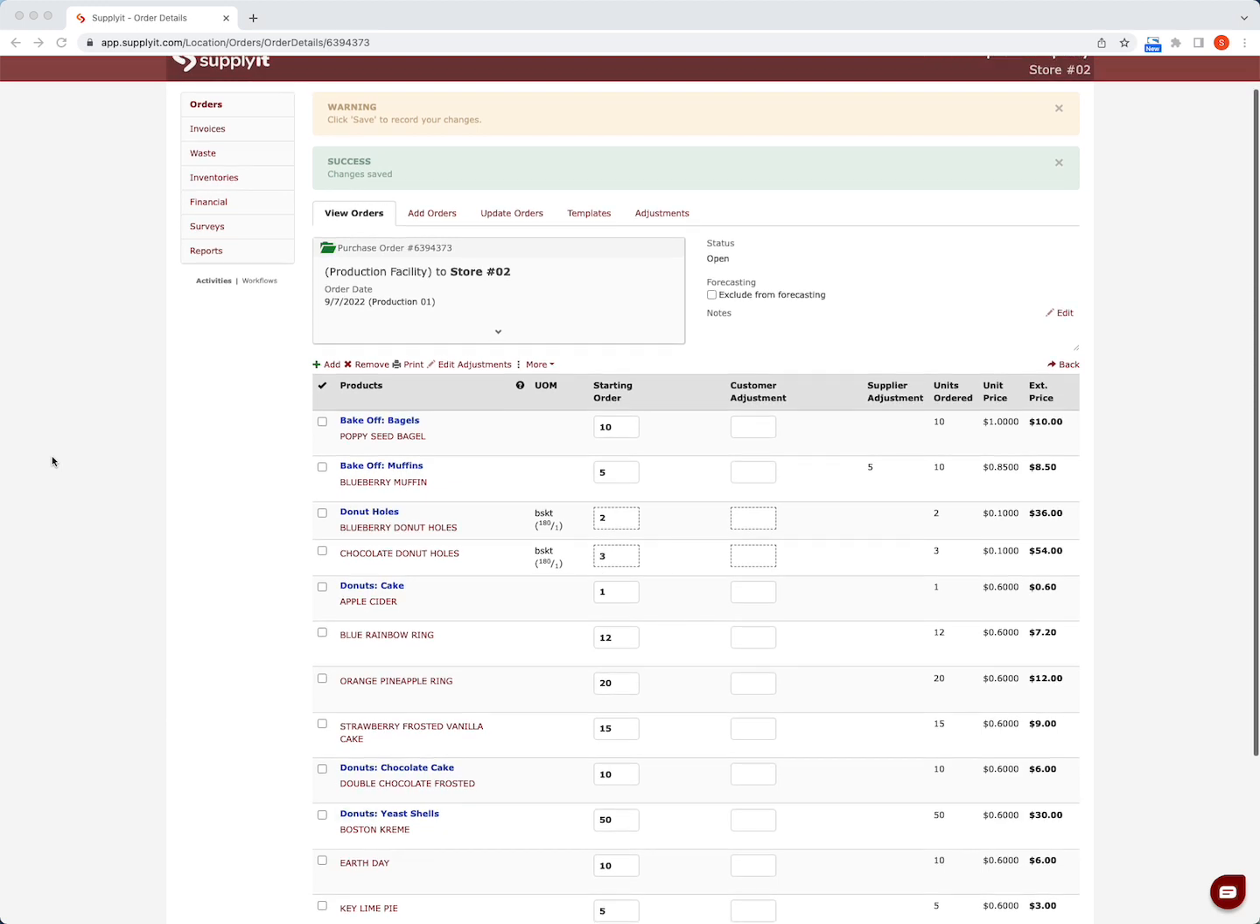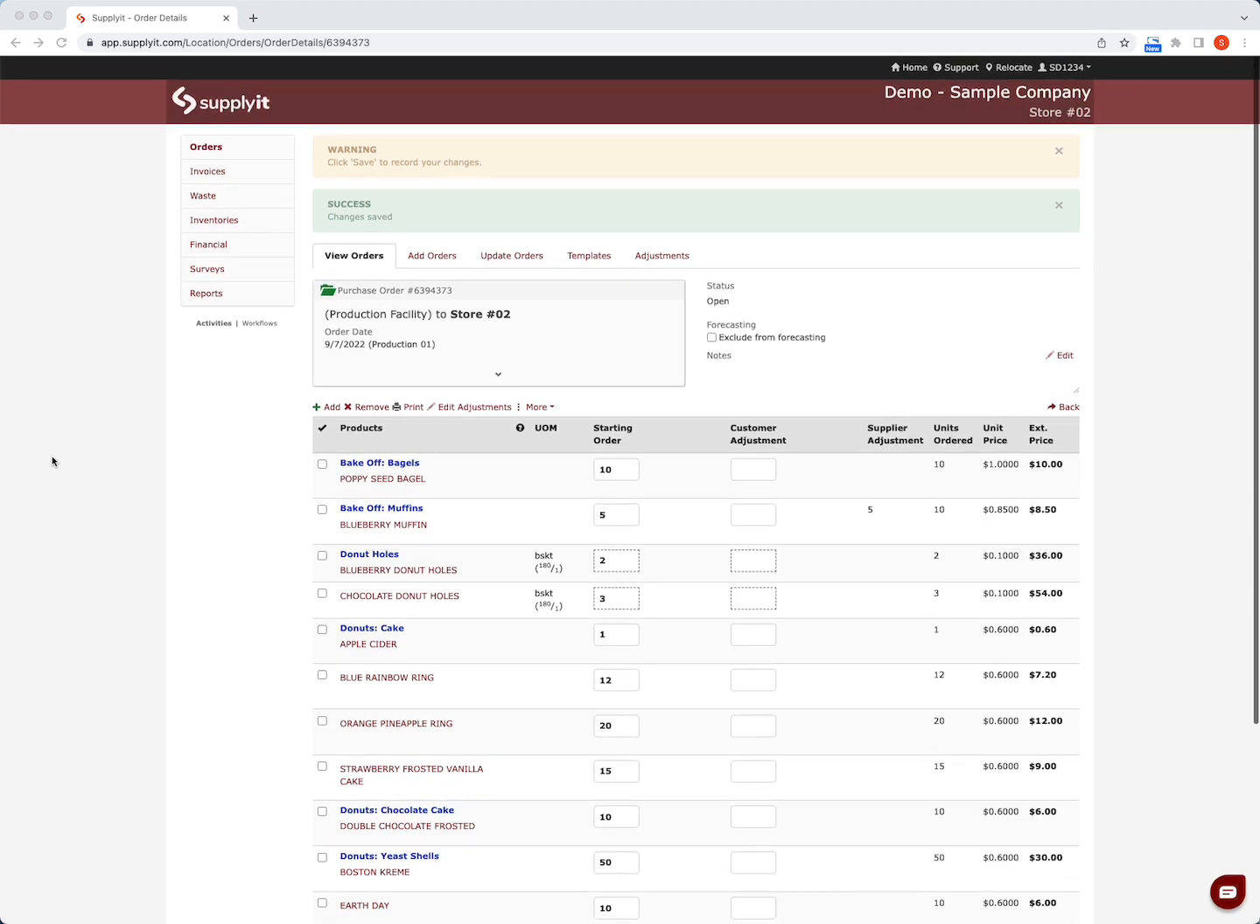And this is where you will enter increases or decreases to your starting order. Increases are positive numbers and decreases are negative numbers. It's really important to make your adjustments in the customer adjustment column and not the starting order column. We want to keep the starting order column intact. We don't want to override that number. This is so that we can report on orders with adjustments and so that we can track changes made to